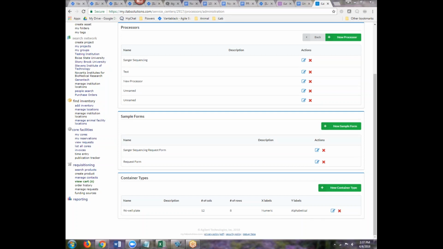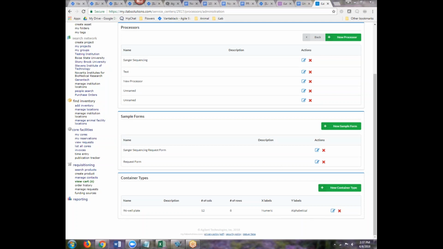So the advanced samples processing module that we're going to look at today really was designed with genomics cores in mind. And we actually started with Sanger sequencing cores as a model primarily. But at a high level, I think what the sample processing module can do is to be able to accept